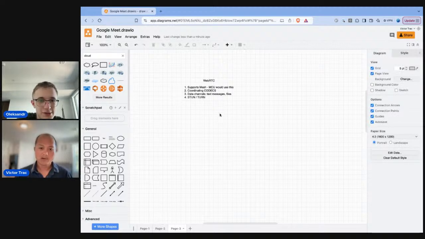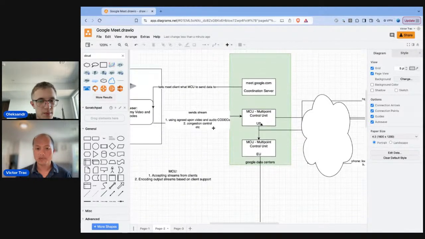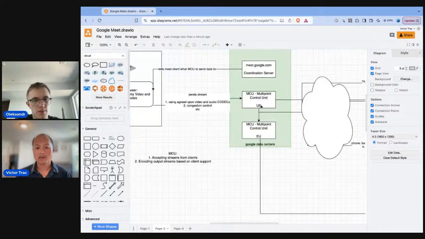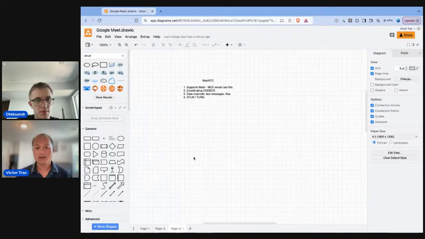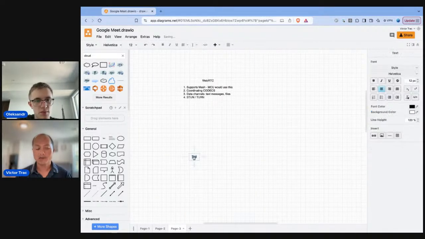And so what's interesting is that within this entire process, there are things that are very important to send, like the coordination data, chat data,